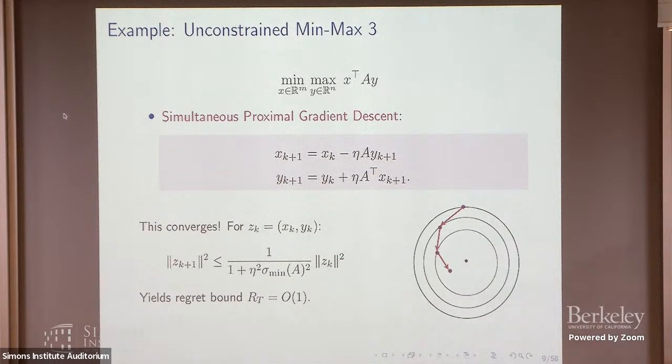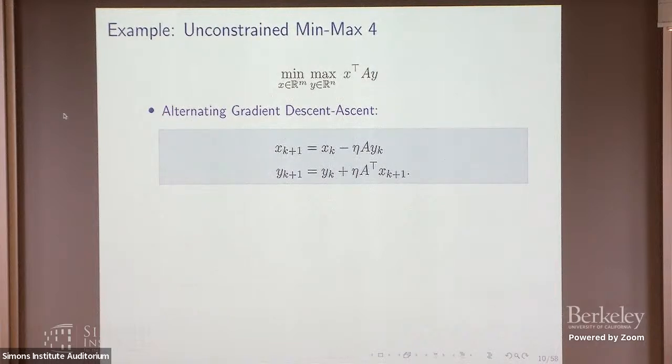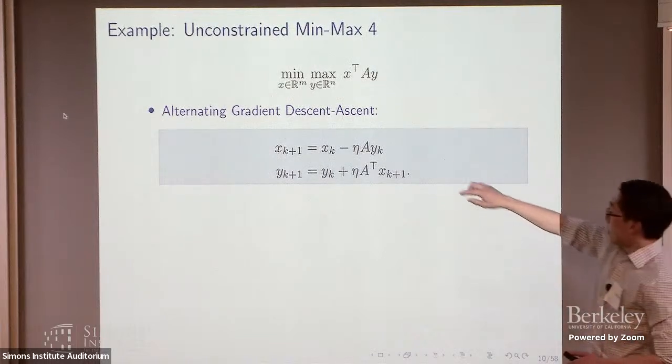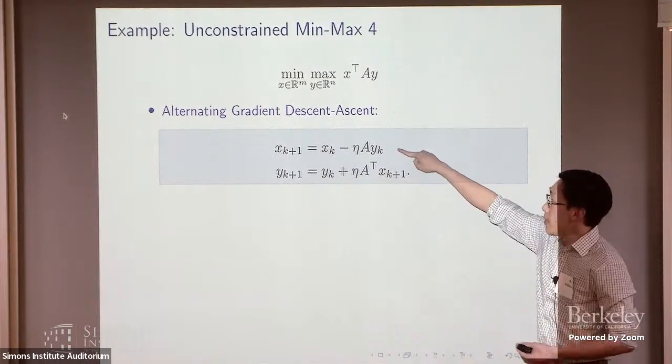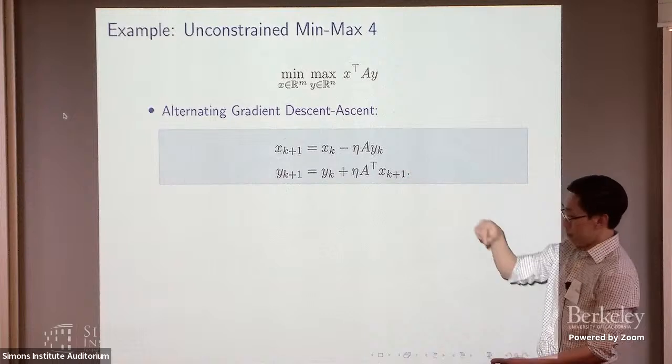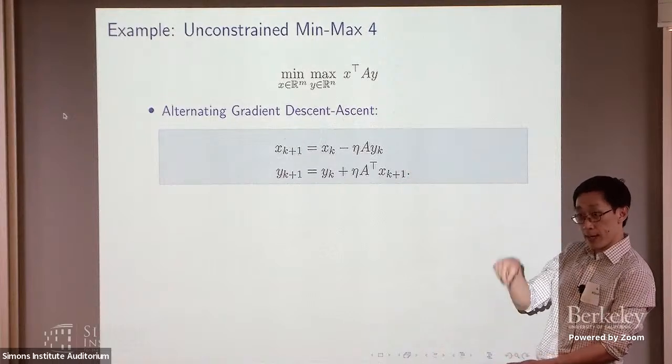And there are techniques like optimistic and extra gradient and so on that are trying to approximate this proximal method. That's one interpretation. Okay, so we've done forward, we've done continuous, we've done backward. Now, what about alternating? So here the updates look different. So X plays the forward method. So X makes a move based on where the Y player is right now.